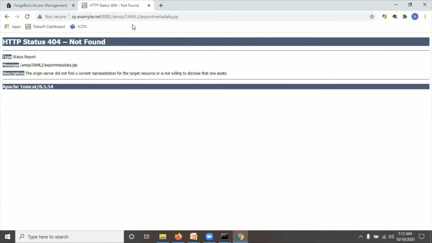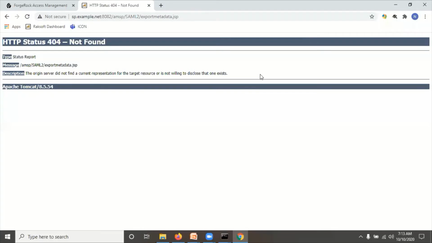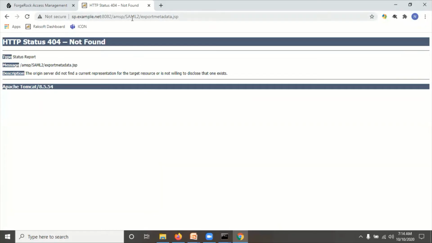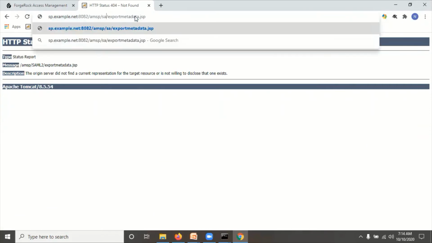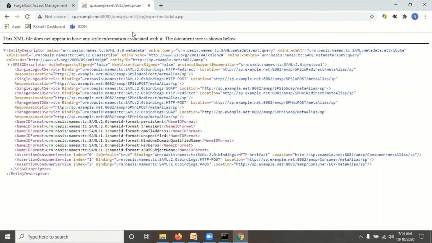Oh, it's wrong. Let me check again. Yeah, the URL is wrong. Here you can see there is SAML v2 in small letters, so we have to use small letters. SAML v2 JSP.